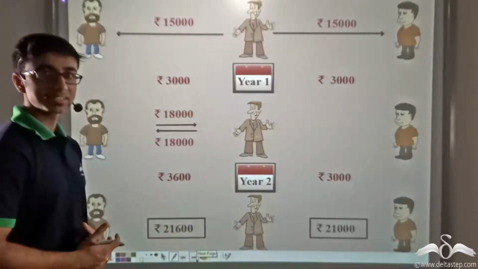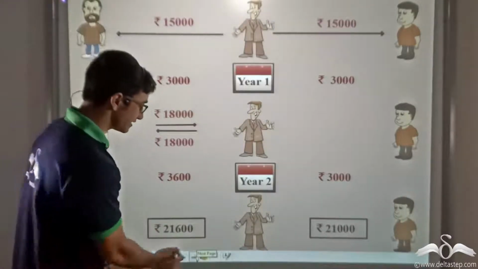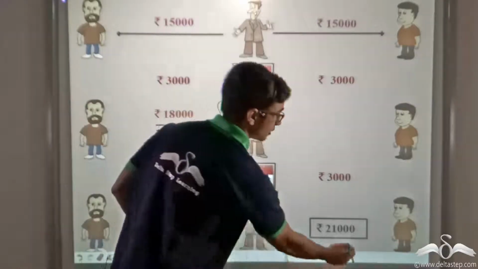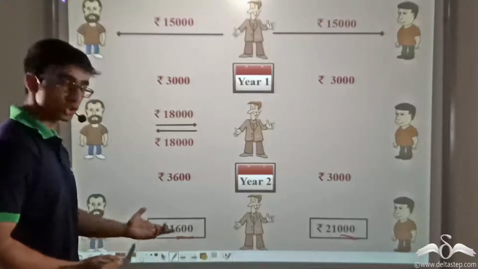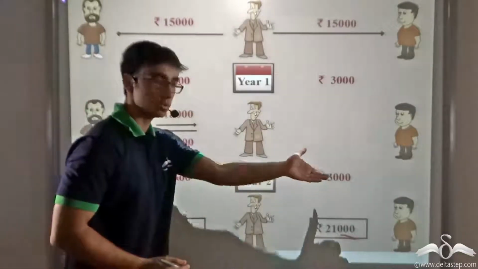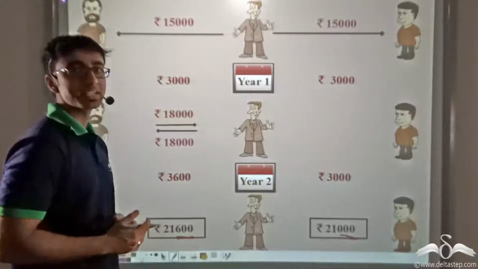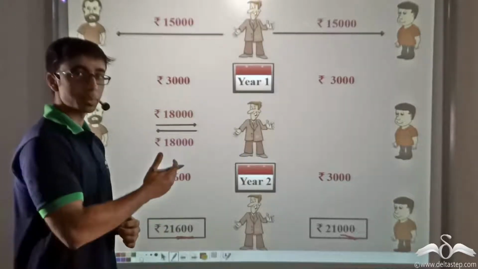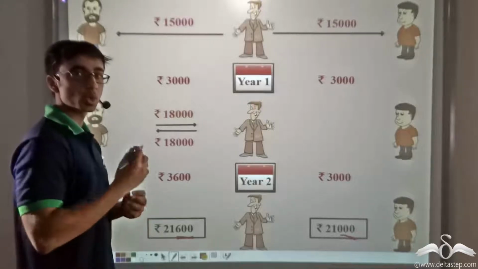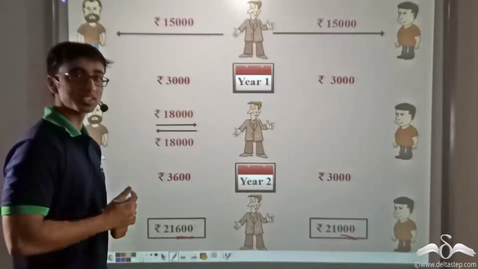So Narayan now finds that he is able to earn rupees 600 more. As you can see, Narayan is earning rupees 600 more from Sundar as he is earning from Shekhar. So Narayan, being a very clever person, wonders that instead of lending out money at simple interest, what if he adds a slight twist to his transactions?